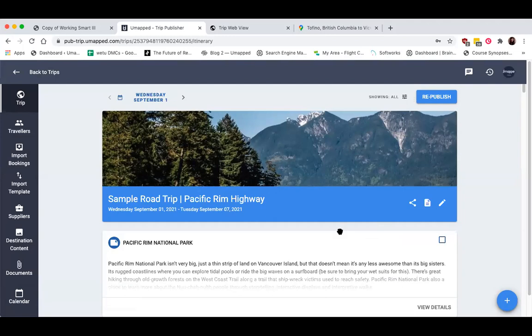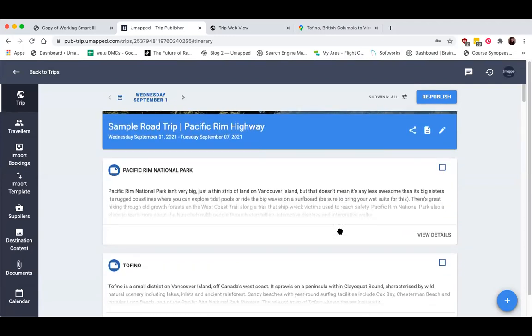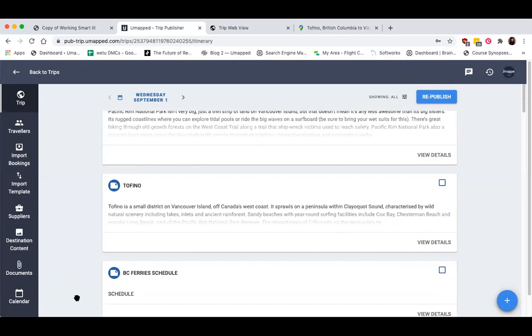Or if they wanted to receive a new copy of the email, maybe the last one you sent was like a month ago because you just wanted them to proofread it and now they're actually about to set off. You might want to send a new version, but you can always continue to make edits. Nothing's ever going to get locked in the trip.